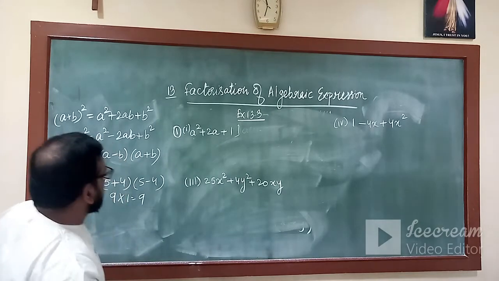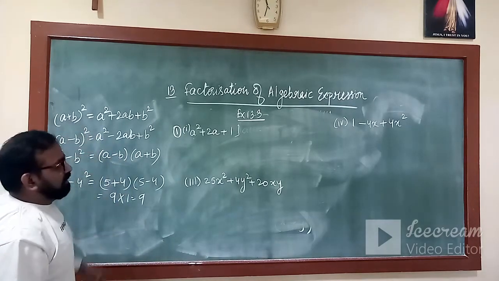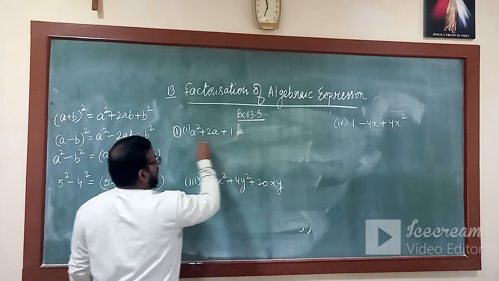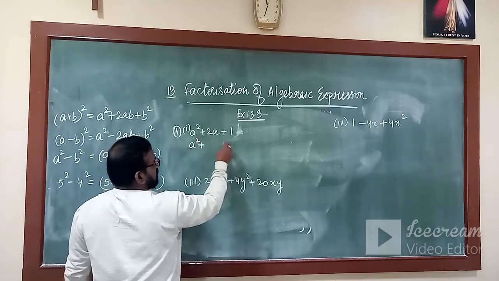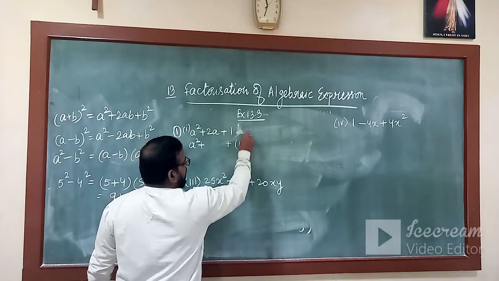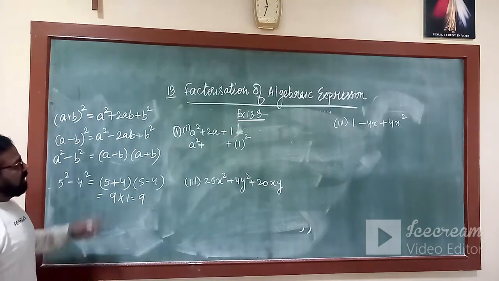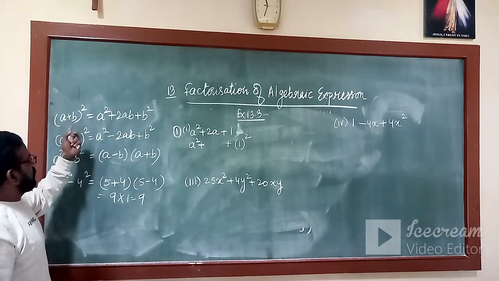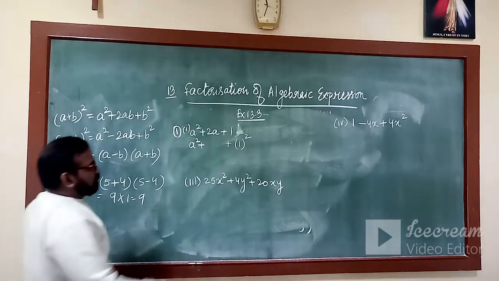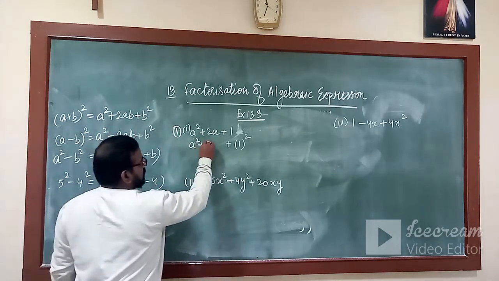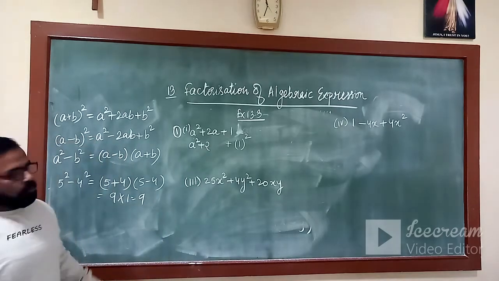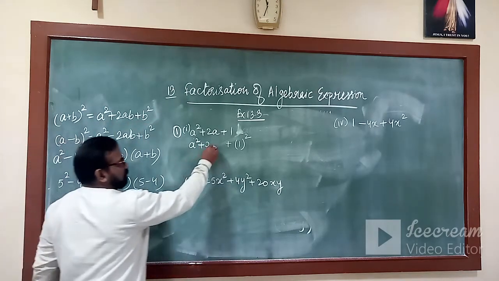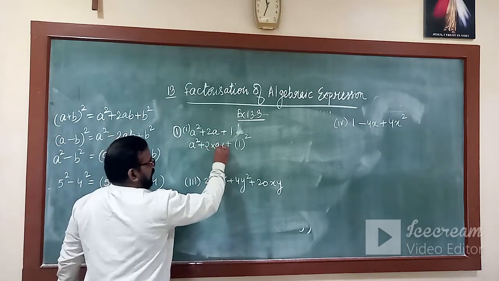So now we will see the third method, that is identities. So how we will use this method? See, it is a square plus 1. 1 we can easily write 1 square. Now when I write this, I have two things in mind. It can be a plus b whole square or a minus b whole square. So what was the formula? a square plus b square plus 2ab. So if my 2ab is satisfied in this, then I can easily write in terms of this identity. So let's see what is 2ab. So 2 into a and b is our 1.